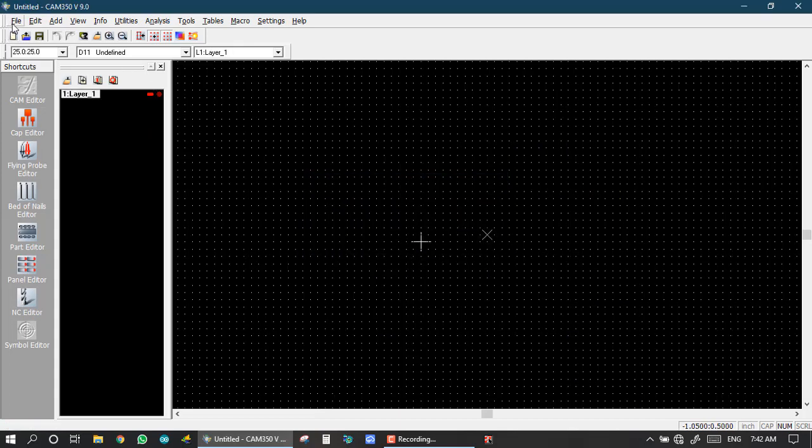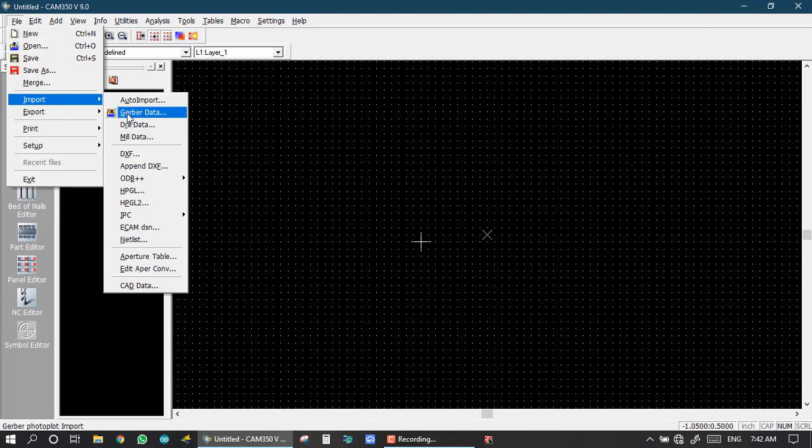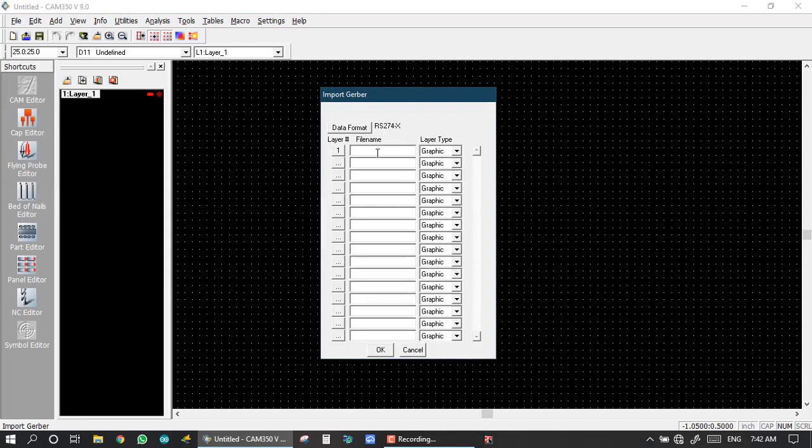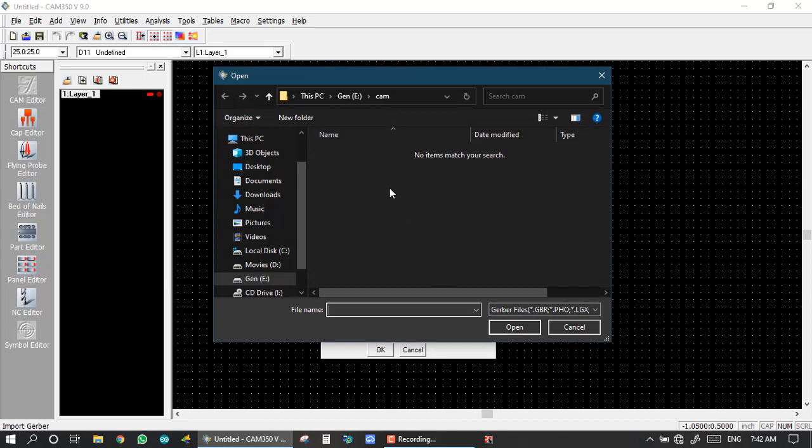Now for the second option we go to File, Import, and Import Gerber. We get a dialog box of Import Gerber, and I set a path for all these Gerbers, first the path for the first Gerber. Here we don't see any Gerber, because here we set a specific format.